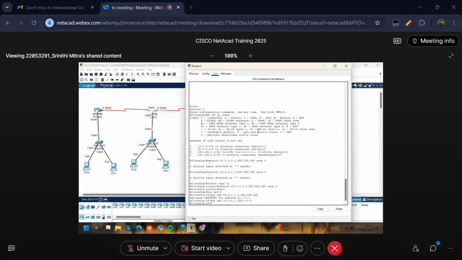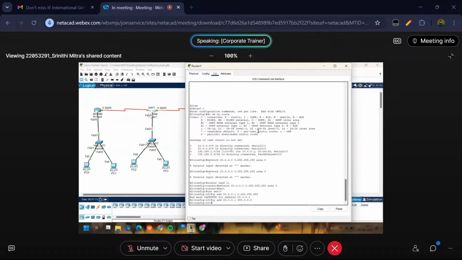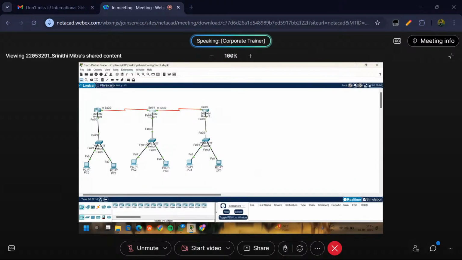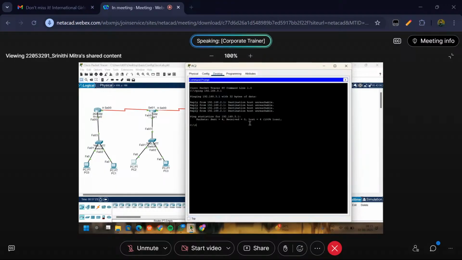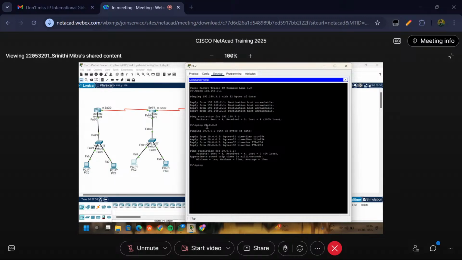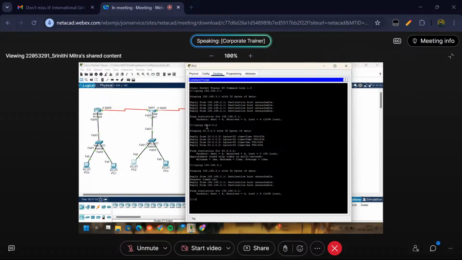एक मिनट, अभी तुम इससे इसको पिंग करो, राउटर PC2 से राउटर 3 का 20.0.0.2 को पिंग करके देखो वो हो रहा है क्या, पिंग 20.0.0.2, ग्रेट, अभी हो जाएगा, अब तुम पिंग करो 192.168.3.1 को पिंग करो, तब अभी पैकेट जा रहा है राउटर 3 को, उसके दूसरे वाले पोर्ट को नहीं पहुंच पा रहा है, एक इंटरफेस को जा रहा है दूसरे इंटरफेस को नहीं जा रहा है